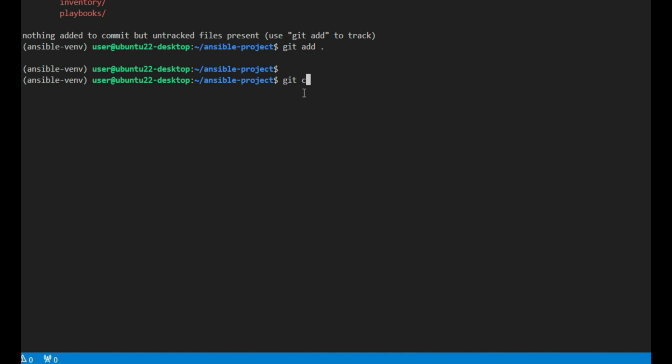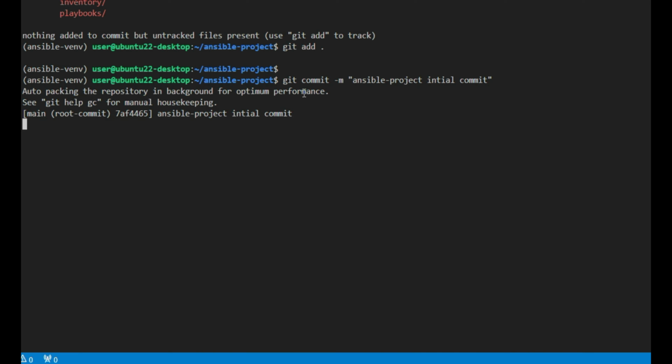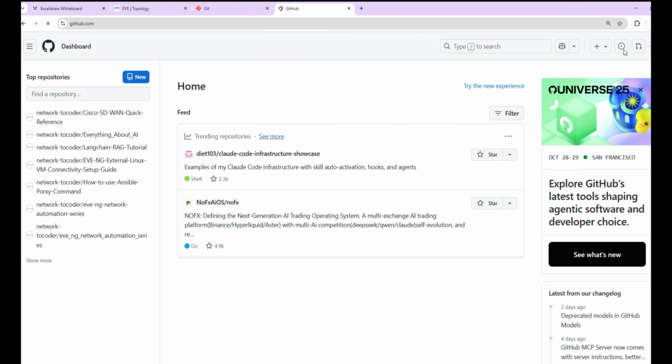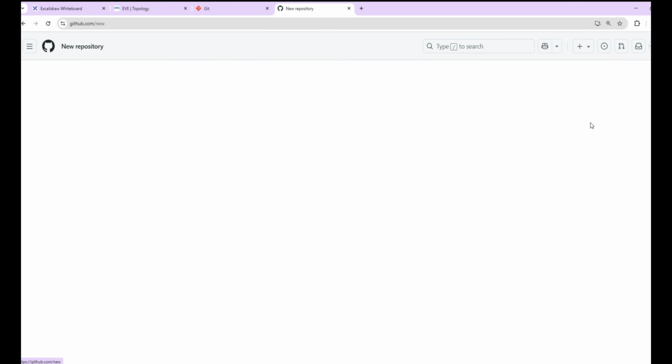So next we'll commit these changes to our local repository. To do that, let's run git commit followed by a meaningful message. We'll use "ansible-project initial commit" as our message, and a commit ID will be generated to track this commit. While the commit is in progress, let's go to GitHub and log in with your account